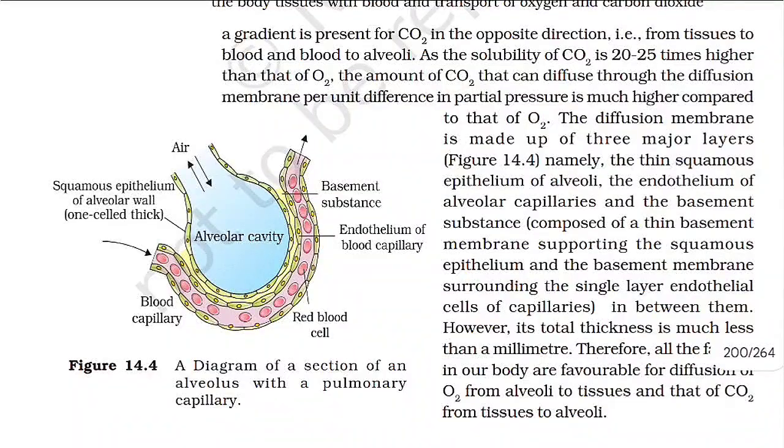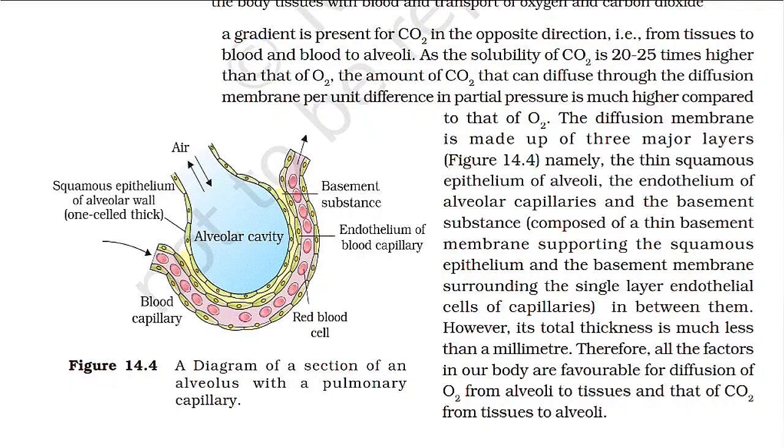Similarly, a gradient is present for carbon dioxide in the opposite direction, that is, from tissues to blood and blood to alveoli. As the solubility of carbon dioxide is 20 to 25 times higher than that of oxygen, the amount of carbon dioxide that can diffuse through the diffusion membrane per unit difference in partial pressure is much higher compared to that of oxygen. The diffusion membrane is made up of three major layers, namely the thin